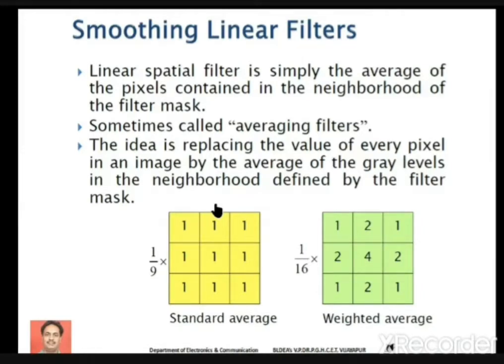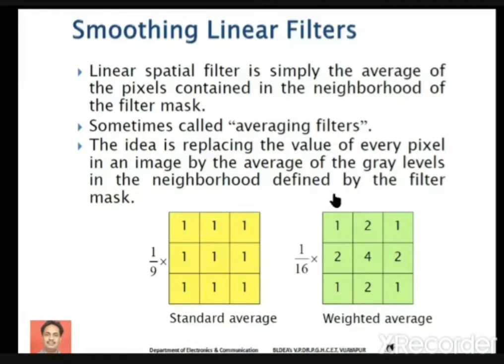Here neighborhood means it may be a 3 by 3 set of pixels or 5 by 5 set of pixels, depending on a requirement. Okay, the next we have weighted average filter. If you look at the mask for the weighted average filter, the mask will be of this kind. If you look at the center, we have value 4, and the horizontal and vertical values are 2. Here also we have 2, and diagonal values are 1.